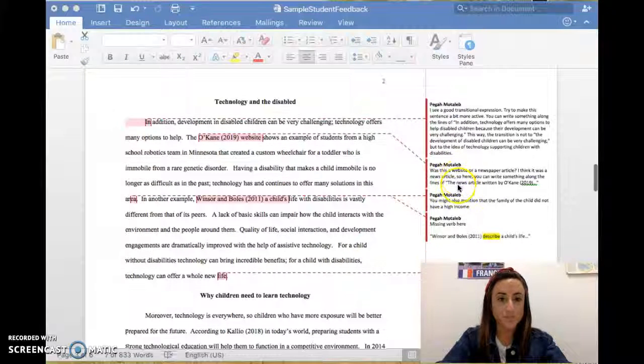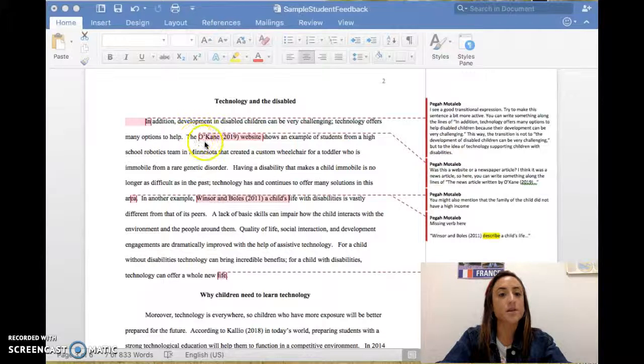For example, the student says the O'Kane website, but the student doesn't give a lot of information about whether it was a news article, a website, or a newspaper article. So Professor Motalib left a comment suggesting a sentence saying the news article written by O'Kane, just to make it more specific.